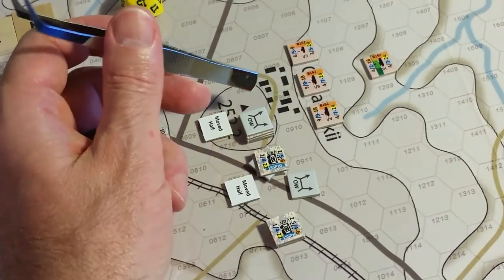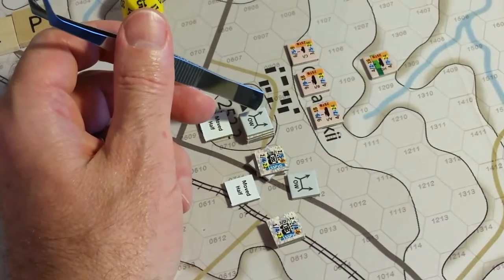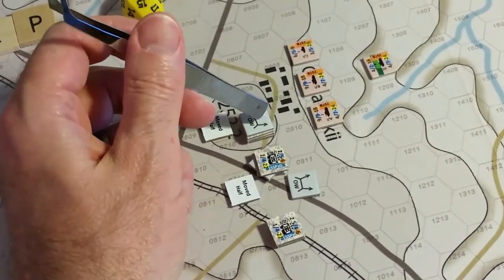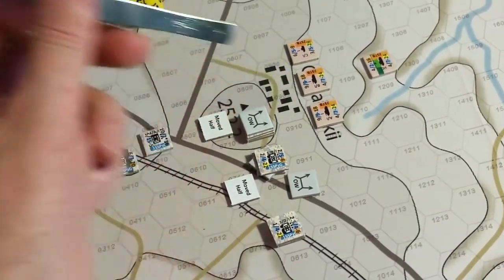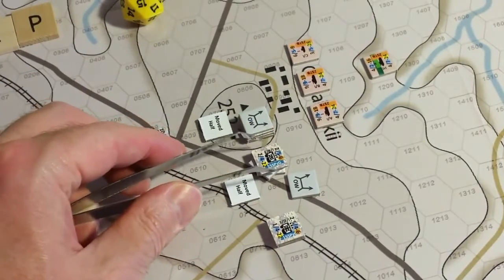I didn't think about that. I didn't notice that when looking from the other side of the board. From this side of the board, I'm thinking, oh yeah, to what extent does his height difference affect the town there? But anyways, this German unit is going to conduct Overwatch fire